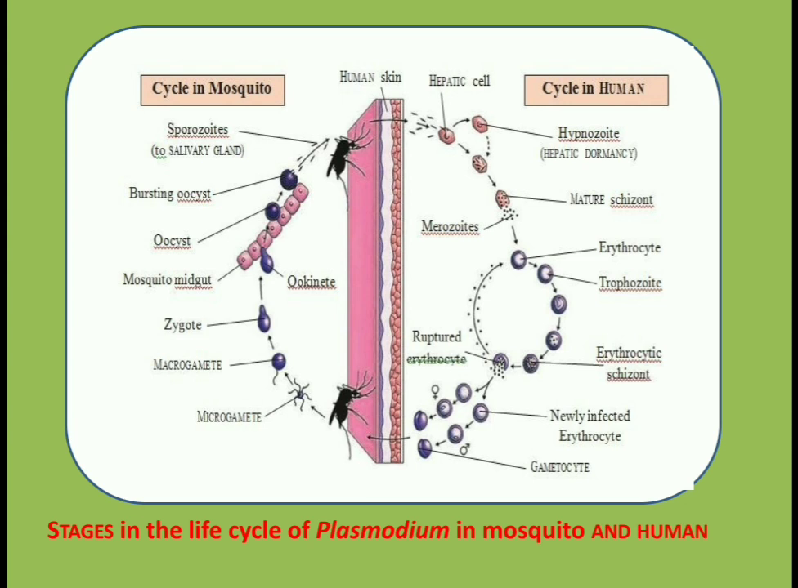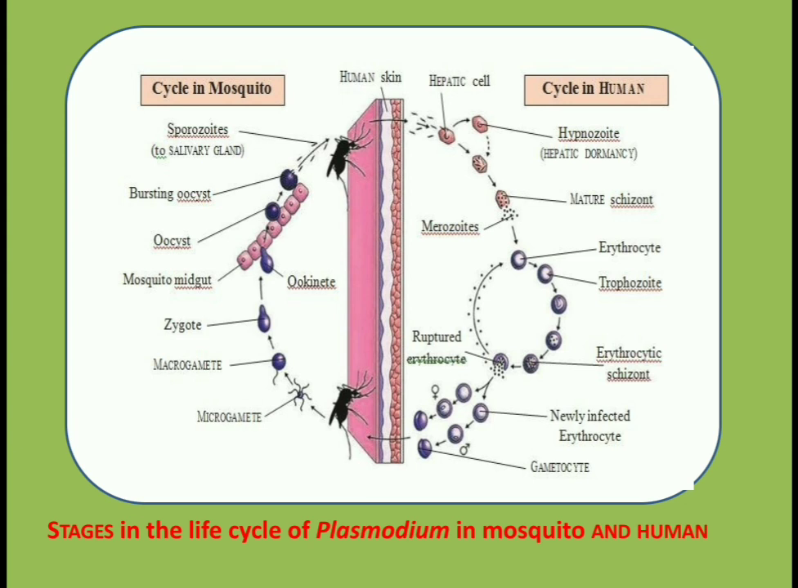The cells formed within erythrocytes function as gametocytes. This is also termed gamogony. Gametocytes, if taken up by a female Anopheles, undergo fertilization in its gut, and a diploid zygote is formed which transforms